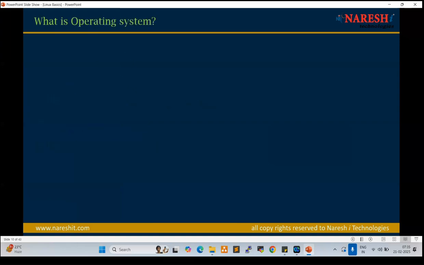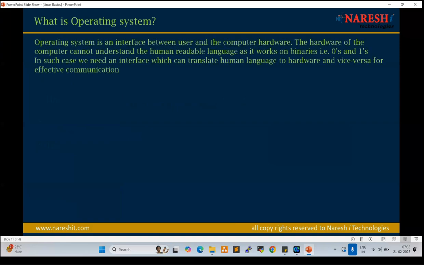Next one. So Linux is an operating system. What is an operating system? It is an interface between the user and the computer hardware, right? Interface, what is interface? For example,